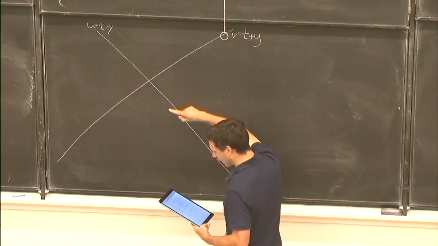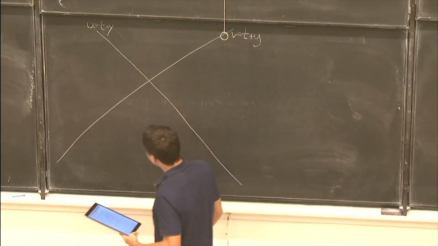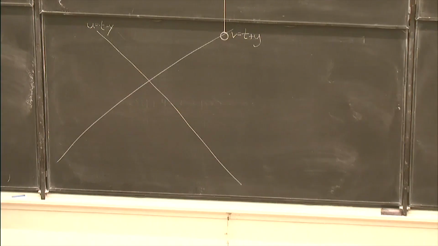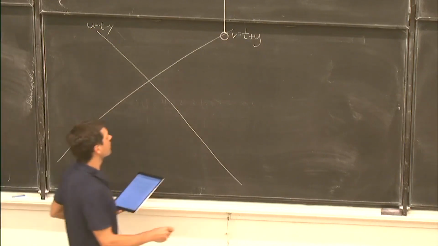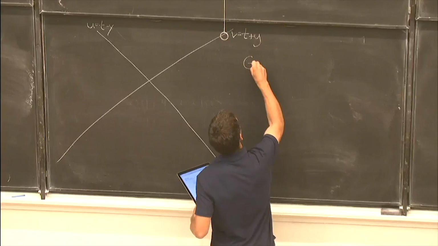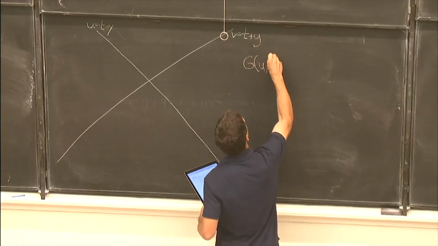This is a picture in Minkowski spacetime. And that's the u that's appearing there. It's a null coordinate. And we're going to study the correlation function G of u, v